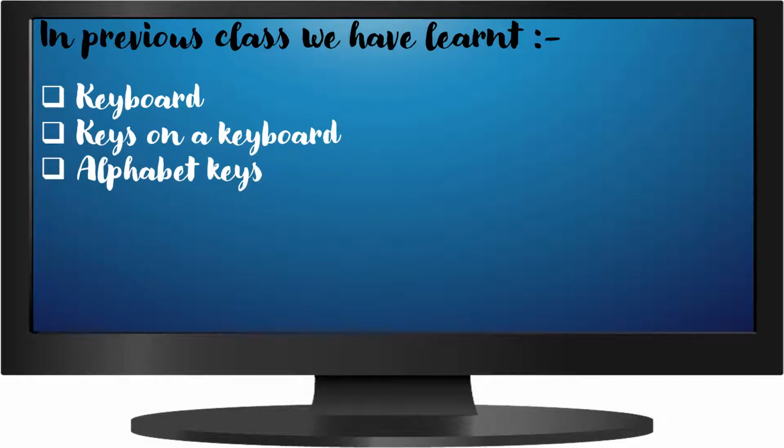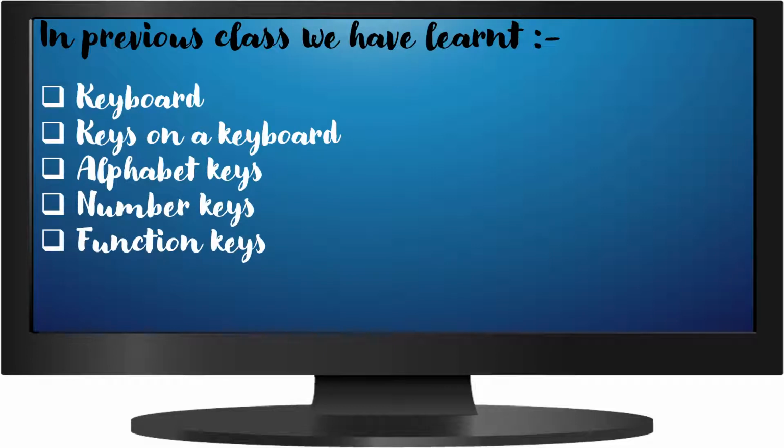Alphabet keys. Suppose you want to type your name on the computer screen. For this, you use the keys marked with the letters A to Z of the English alphabet. These keys are called alphabet keys. They are 26 in number. Number keys. Suppose you want to write your city's PIN code number or your mobile number. For this, you have to use the keys marked with the numbers 0 to 9. These are called number keys. They also help to carry out arithmetical calculations.